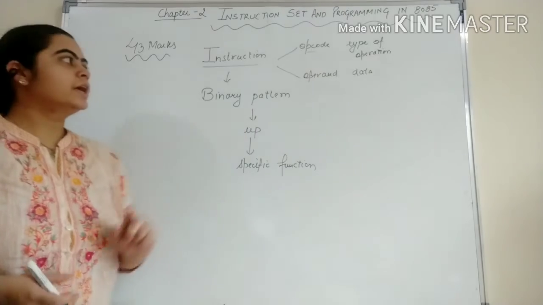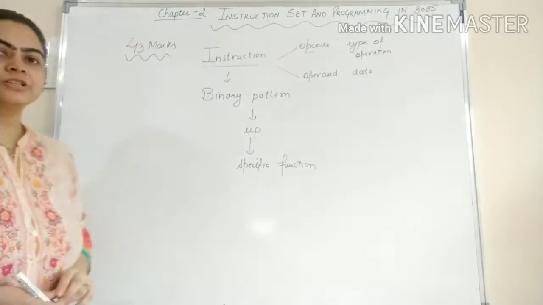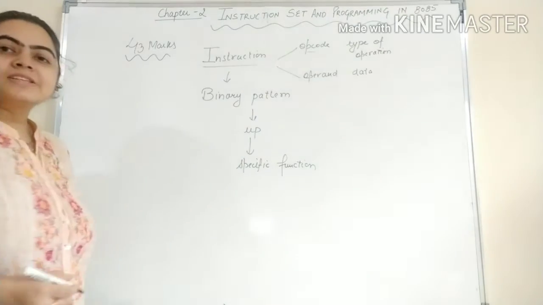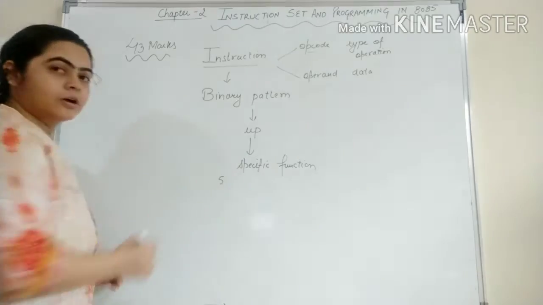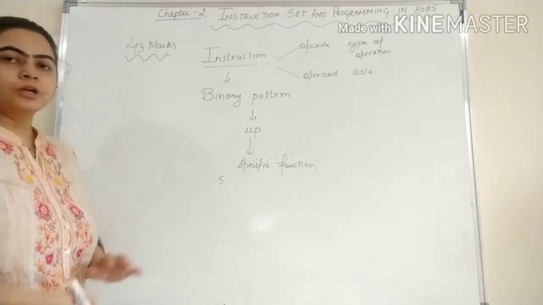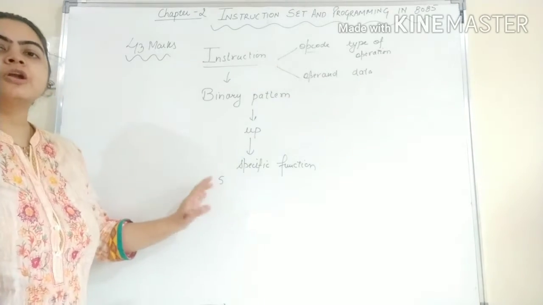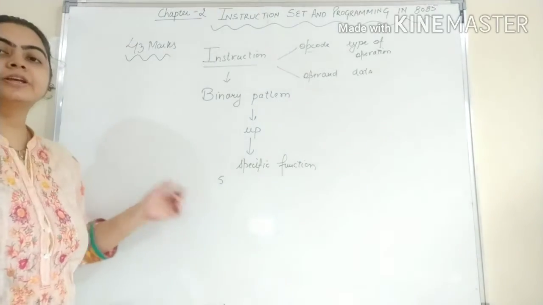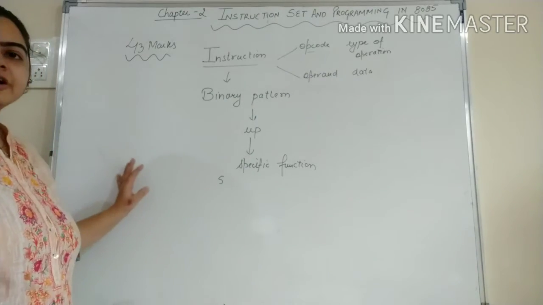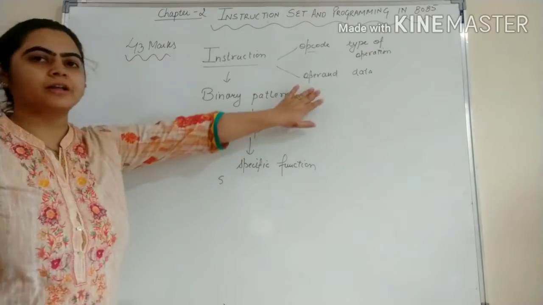Now students, in 8085 we can specify the operand in different ways. Okay, directly we can specify the operand in the instruction. Suppose we have to add 5 with the contents of the accumulator. So directly we can specify 5 with the help of the instruction, or we can put this 5 inside any of the registers and then we can specify. So there are different ways to specify the operand.